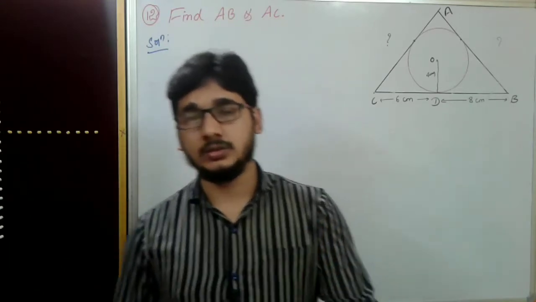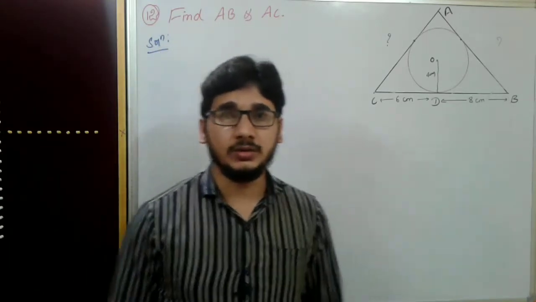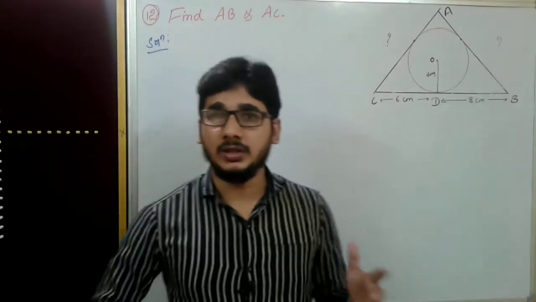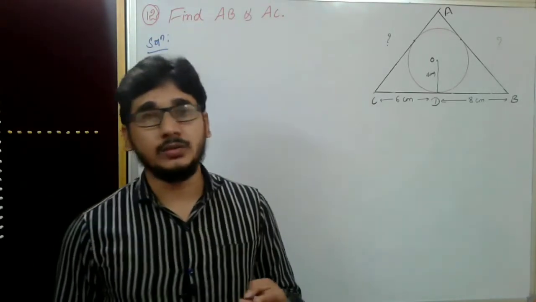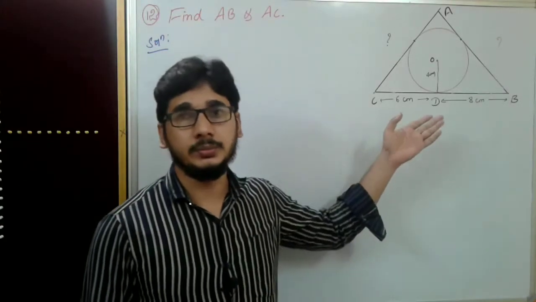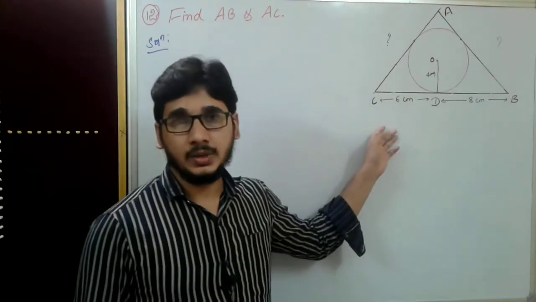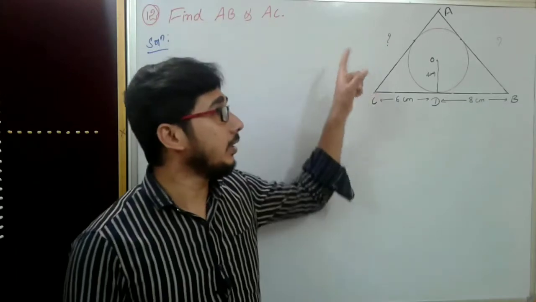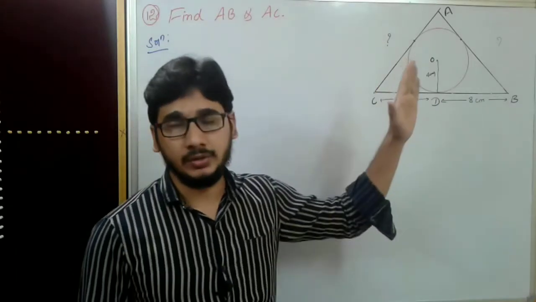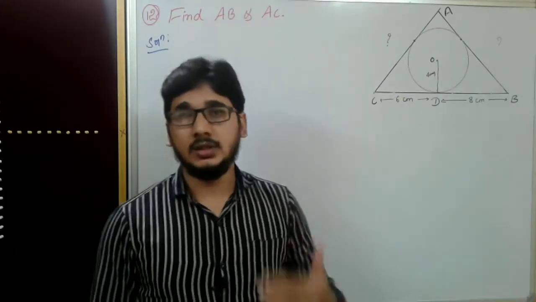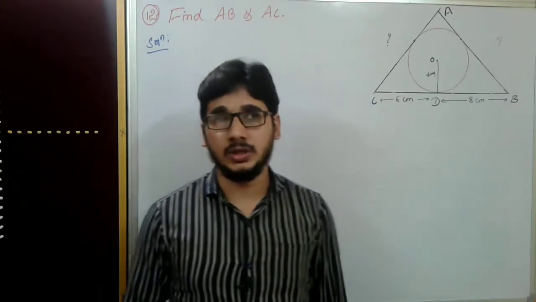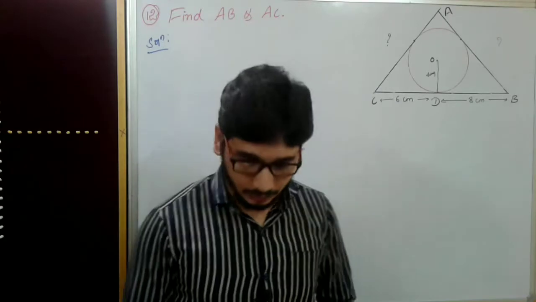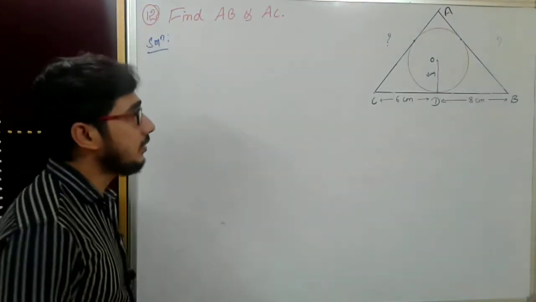Let us go ahead with the problem. This problem is quite interesting, and there are 3 steps we have to solve. First we have to use Heron's formula to find the complete area, then we have to find the area by parts, and after that we go for the factorization method. Then you will get the solution. So let us go ahead.